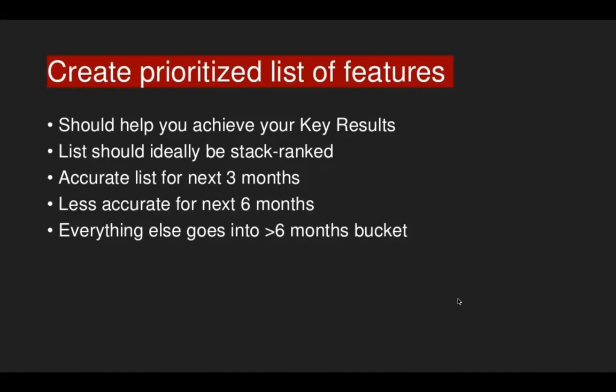So to achieve the key results for the organization, that's been set by the CEO or by your head of product or VP of product or whoever signs your paycheck, you should rank your features and have them all stacked in a way that makes sense. And you have to have a list for the next 3 months or 6 months, and you have to prioritize them. Anything that will take more than 6 months, you put in a bucket, what we call an ice box or the backlog.